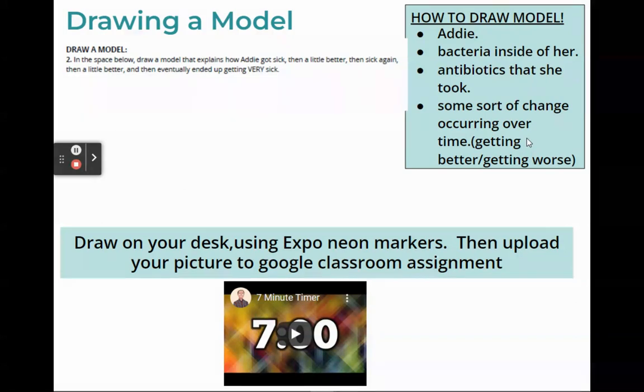Some people's models are going to look a lot different than others. But you're basically just showing me Addie's story through pictures, arrows. Try not to write out a full paragraph. You could write a few words and then an arrow. But basically just draw out what happened to Addie. All right, so